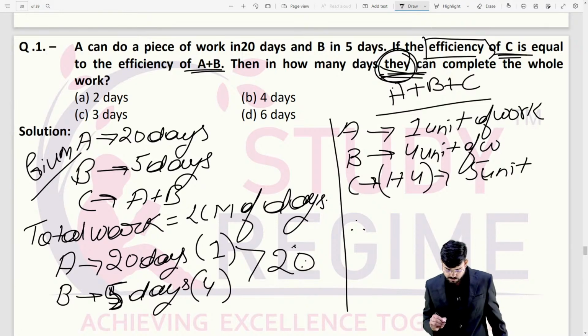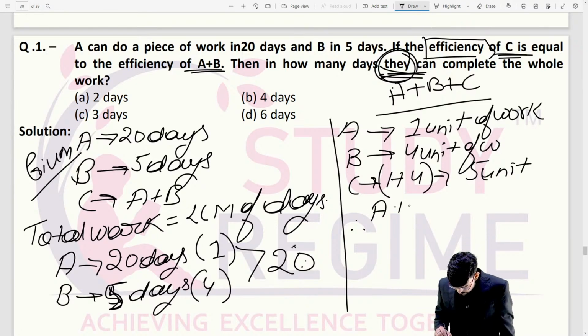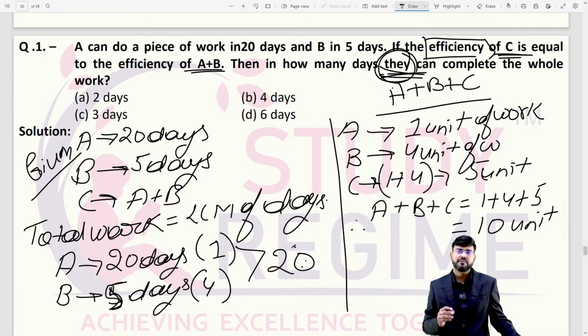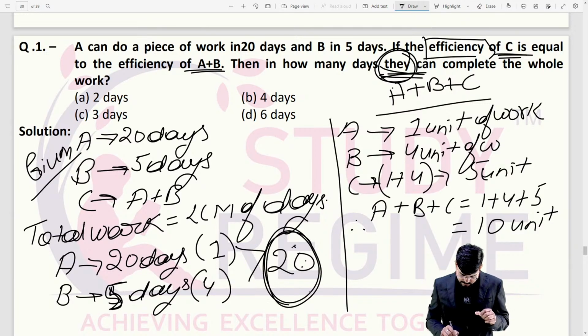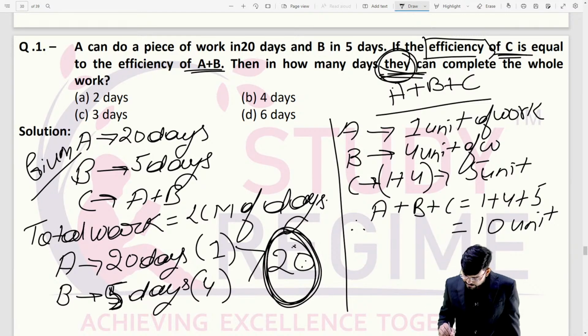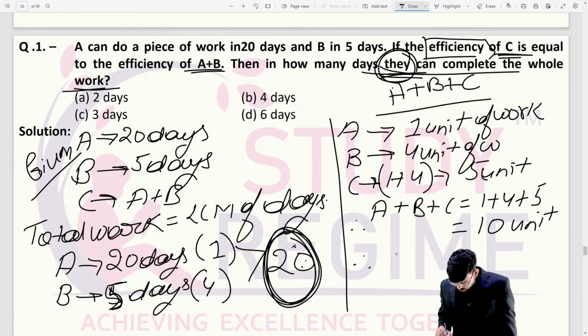how much work is done in a day? If I write A plus B plus C as 1 plus 4 plus 5, you get 10 units of work. So 10 units of work are done in 1 day if all of them work together. Here we have assumed the total work is 20. The question asks how many days they can complete the whole work. Since the total work is 20 units, and in a day they do 10 units of work,